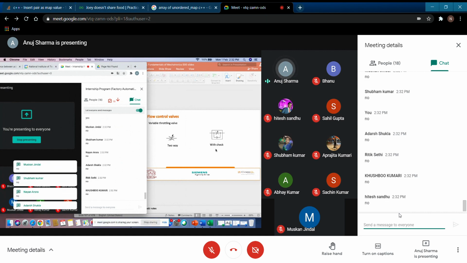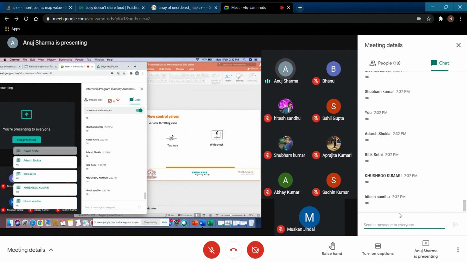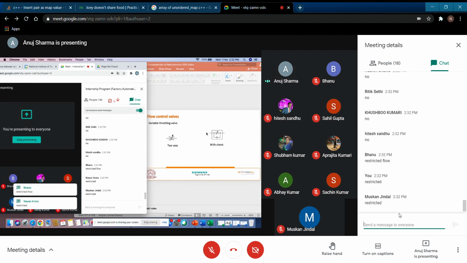No, it is not going to pass. So it is definitely going to pass through path 2, and this path 2 is your throttled path. So this kind of flow will be restricted or unrestricted? Yes, restricted flow.